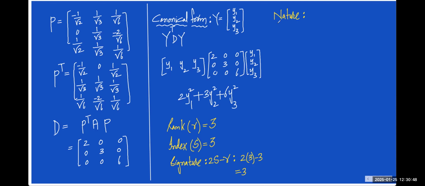Nature of this canonical form. Nature means, you see, we are getting all the 3 terms. All the 3 terms are positive. So the nature is positive definite. अगर एक नेगेटिव आता तो पॉजिटिव सेमी डेफिनाइट, अगर तीनों नेगेटिव आते तो नेगेटिव डेफिनाइट। ओके, तो ये रहता नेचर।